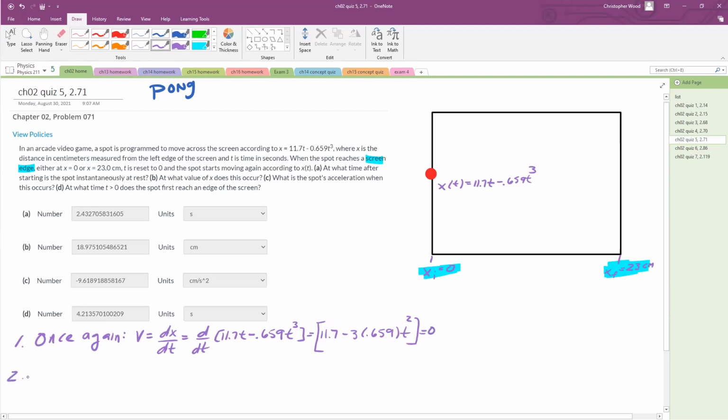So apparently 11.7 equals 3 times 0.659 t squared. Let's get a value for t. So t equals, I guess, the answer. Let's do 11.7 divided by 3 divided by 0.659, 2.432. And I'm going to store that. I think I might need this again. Maybe I do, maybe I don't, but this is 2.4327